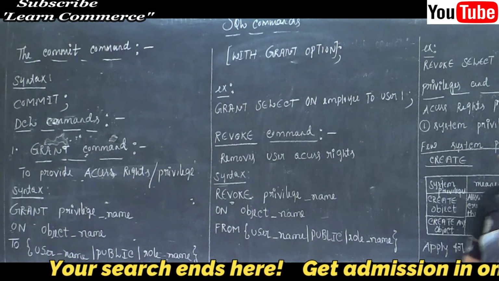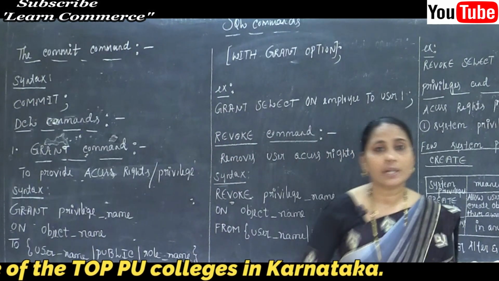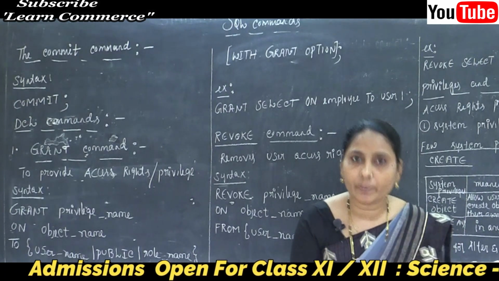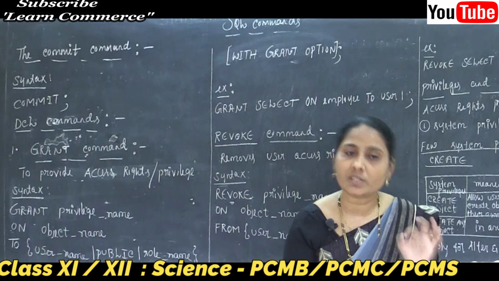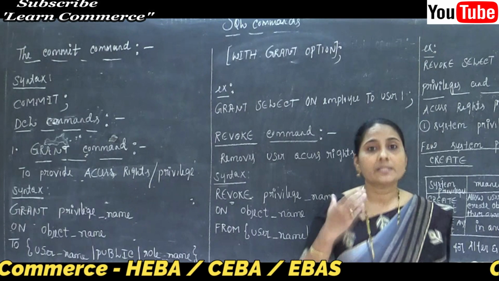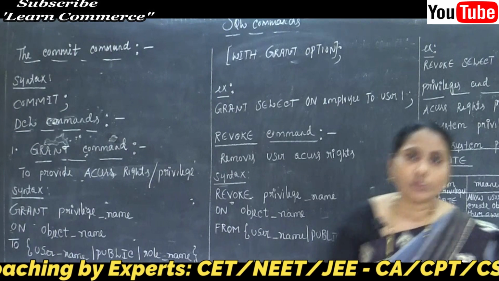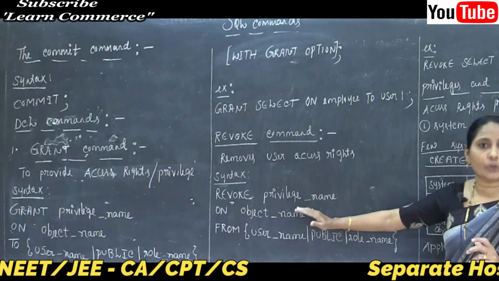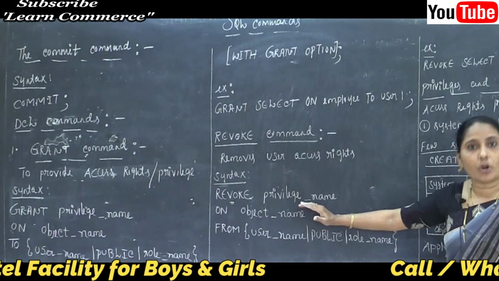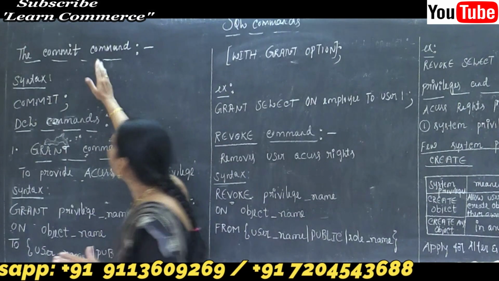The commit command is a transaction command used to save all the changes invoked by the transaction to the database, or in simple meaning, like our save button. What's the use of the save button? Why are we using the save button? Just to save all that information. Like that, in SQL, the command is used to save after the changes or transactions done by the transaction command; everything is saved by using the commit command.